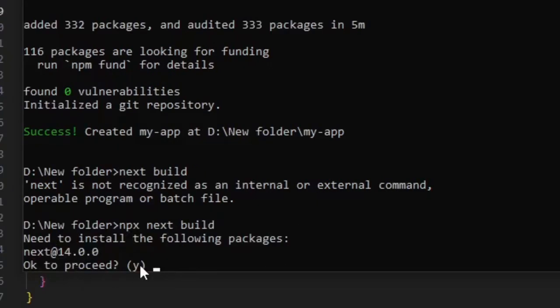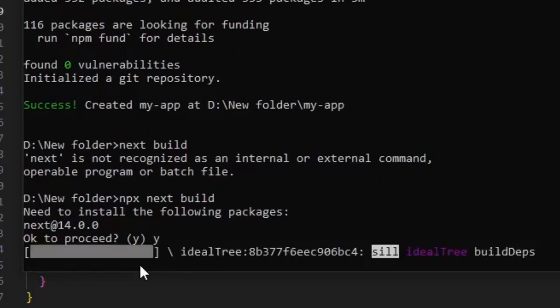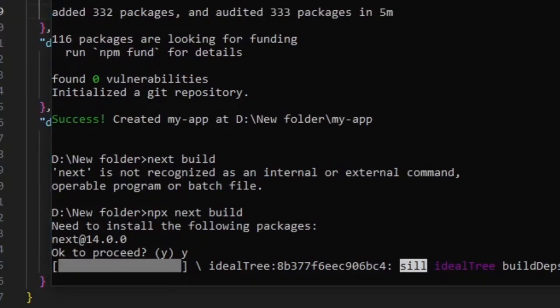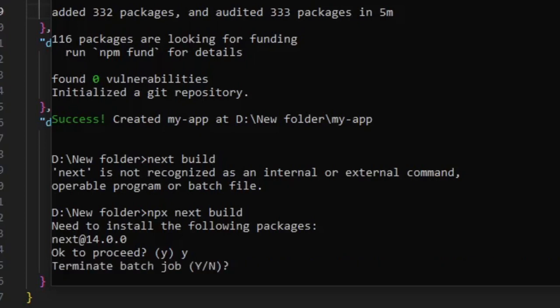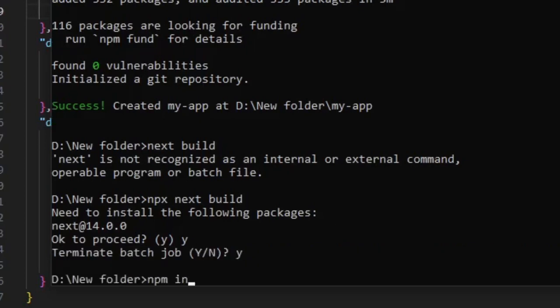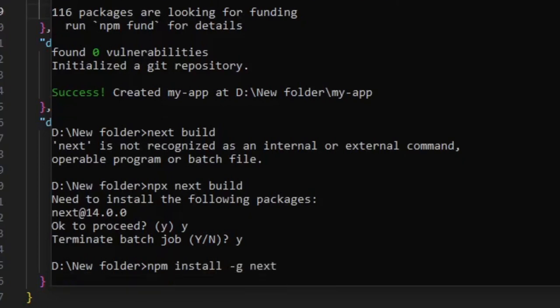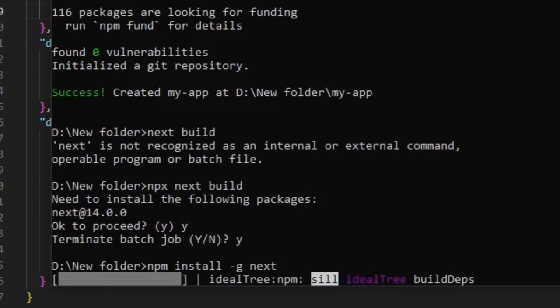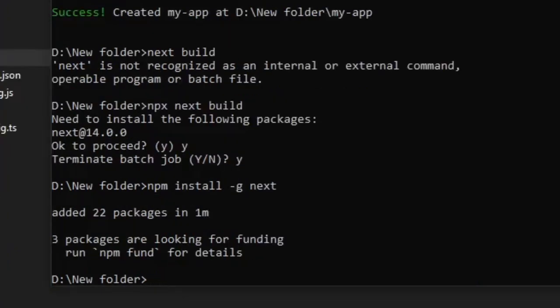It says you need to install next. It will install next only in this project folder. But we want to install next on the computer one time for all next projects. Better than doing this process again and again for each one, just press Ctrl C to cancel it and type npm install -g next and press enter. Here -g means that it will install it globally. Means it will keep all the files in the npm folder that we created. Do you remember? See, the next is installed now.